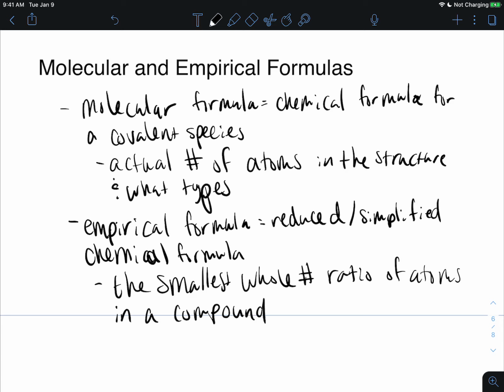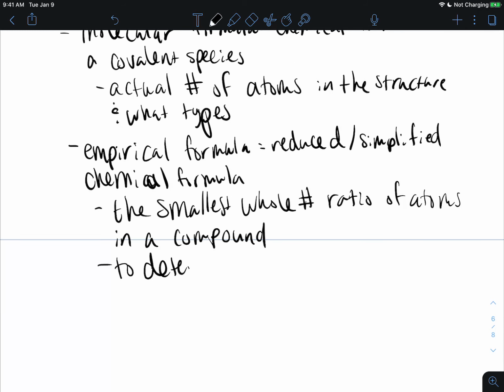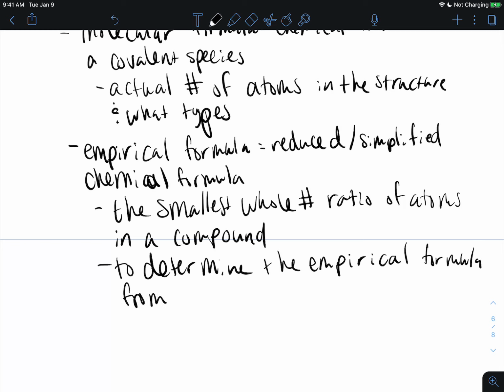And we use empirical formulas both for ionic substances as well as covalent substances. To determine the empirical formula from the molecular formula,